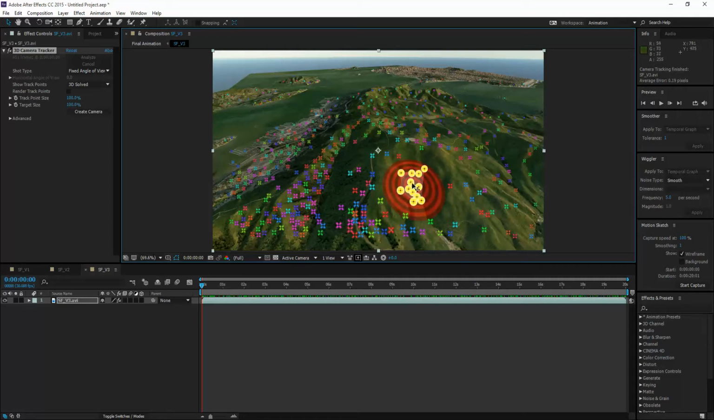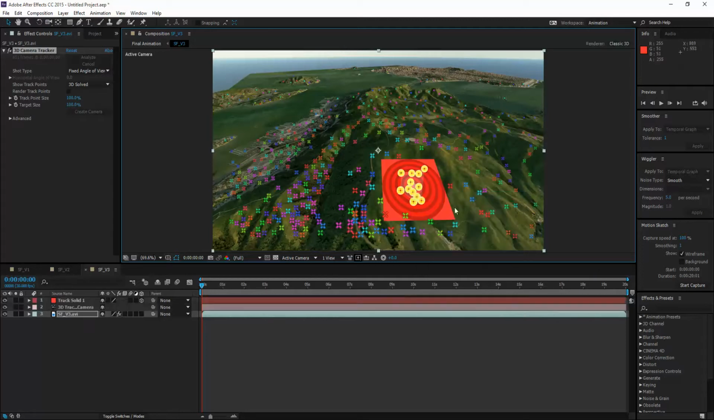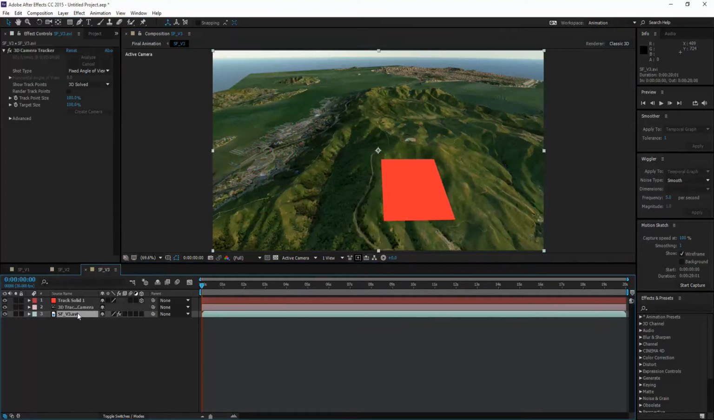And then if you right click on the area that you selected, you see you have these options here in terms of creating text in camera, create solid in camera, create null in camera. Start with this guy, create solid in camera. Now what this does, if we click out of this area here, and actually right now